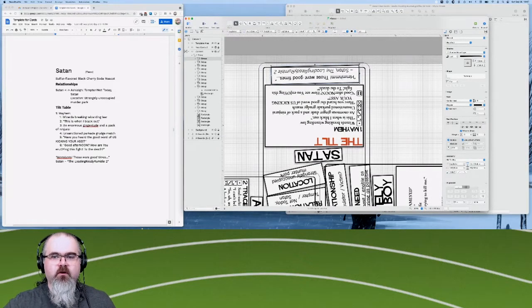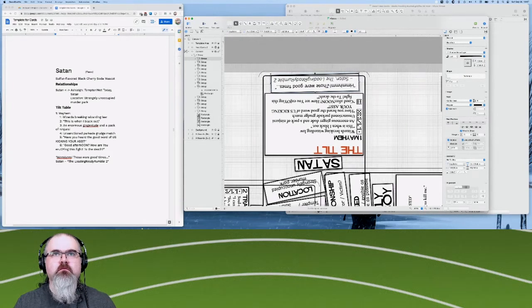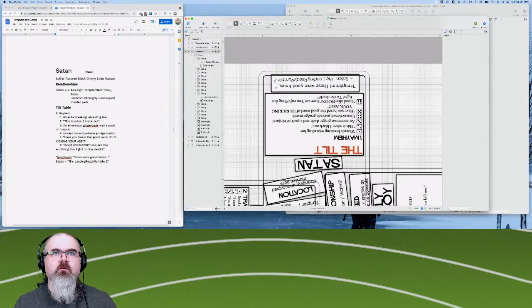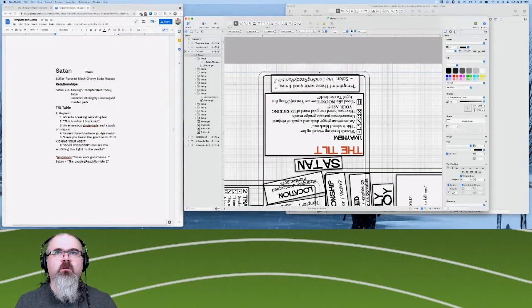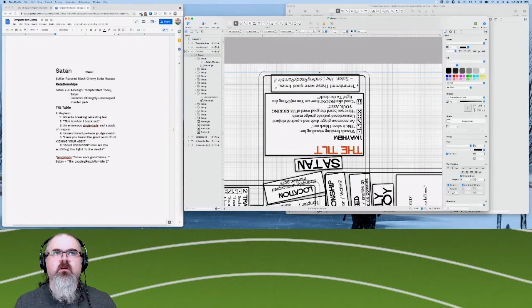In many ways, Satan is one of the hardest cards to lay out just because we've got that tilt table on there. Actually, given all of that, I think what I am going to do is pop back to this thing and reduce its tilt a little, because that'll let me bring those closer to each other, and the closer they are to each other, oops, hang on, whatever I just did, undo that. The closer they are to each other, the easier it's going to be for me